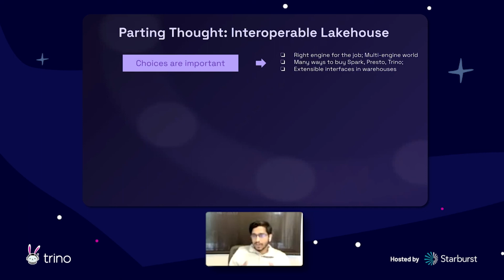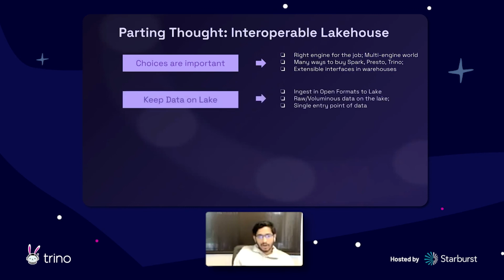And warehouses typically are not extensible, right? They have to add support for any new format, any new thing that you want them to support. So that's not a good place to be in. And I really hope that changes for the better. Keep the data on the lake in open formats, because then you can recompute any downstream data when a new framework comes up or a new query engine comes up. You can make it sit on top of that data. So it makes you much more future proof to do this.